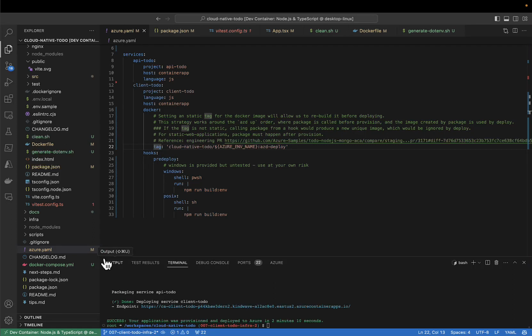So in order to deploy a JavaScript static front-end website to a container app from Azure Developer CLI, we need to make a couple of changes to our azure.yml file. The first one is this Docker property with a static tag. The static tag allows us to work around the AZD order, where typically whatever is packaged up would be ignored on that second build. But this way, by adding this tag, it actually works correctly for a static web app, even though we're deploying